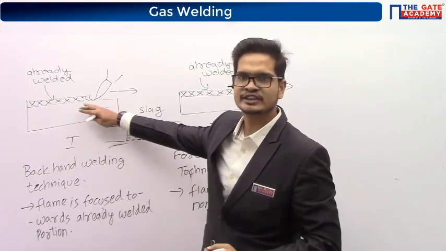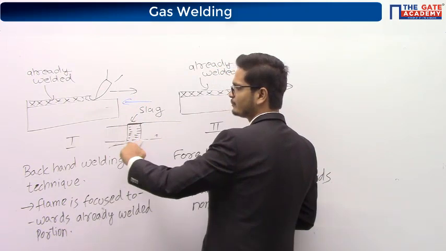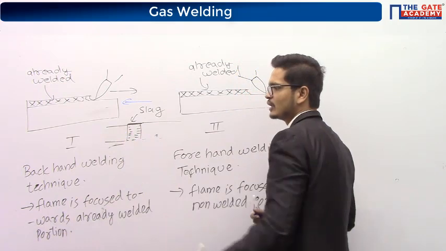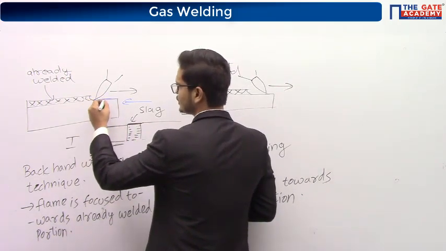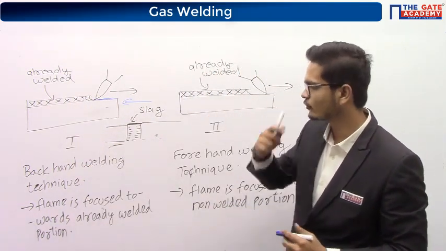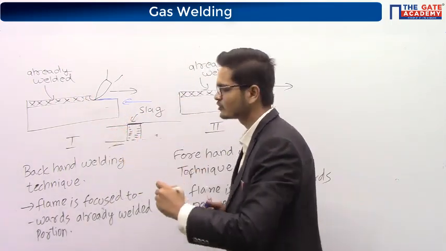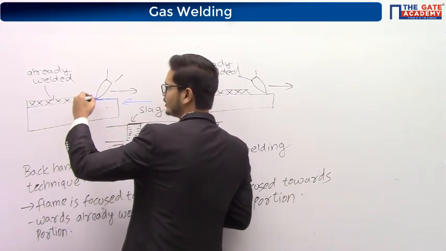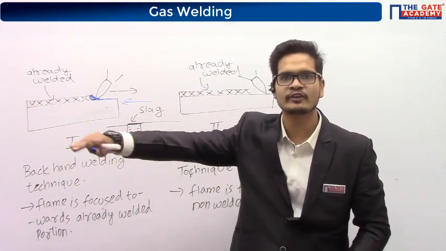See, this is a side view of the plates. If you look at the plates from here, they will appear like this. There will be two plates. In between the plates, molten metal is there. So here, throughout, there is a layer of slag. Now, because of the force of the flame, the slag will travel here, like this. So throughout, a uniform layer of slag will be formed.